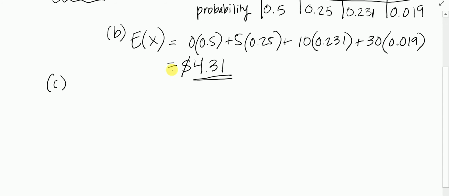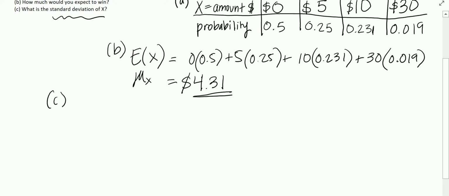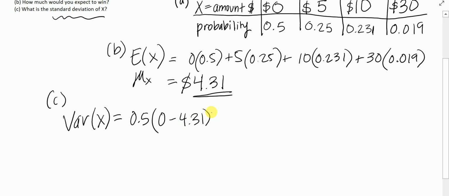Okay, I know the expected value, which is the same thing as mean, is 4.31. So we're going to start with our first guy, which is gross, but let's do it. So let's start with the variance. My first difference is going to be, so I know I'm multiplying by my first probability, which is 0.5. 0 minus 4.31 squared,